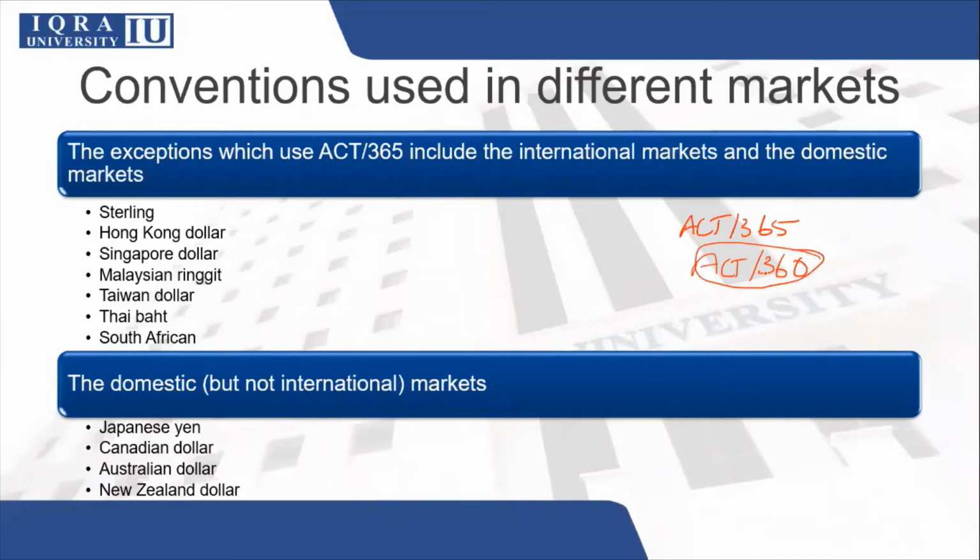The exceptions which use Act divided by 365 include the following international and domestic markets. So it includes sterling, the Hong Kong dollar, Singapore dollar, Malaysian ringgit, Taiwan dollar, Thai baht, and South African rand. Moreover, the domestic but not international markets include Japanese yen, Canadian dollars, Australian dollars, and New Zealand dollars. Now, your question is not going to mention which Act you're supposed to use. You should be aware that if these currencies come up, you're supposed to use Act/365. For example,